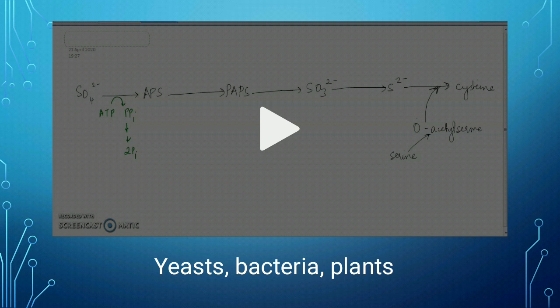What you need to remember here is what are the different types of sulfate reduction. So we have dissimilatory and assimilatory. What is the meaning of each of these reduction pathways? What are the different types of organisms that follow these pathways? You need to write about the pathway in general. So what is the substrate? What is the end product? What are the important intermediates that are formed in between? And what is the purpose of this?